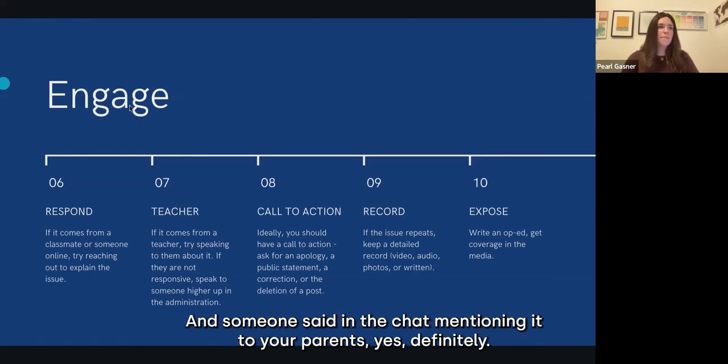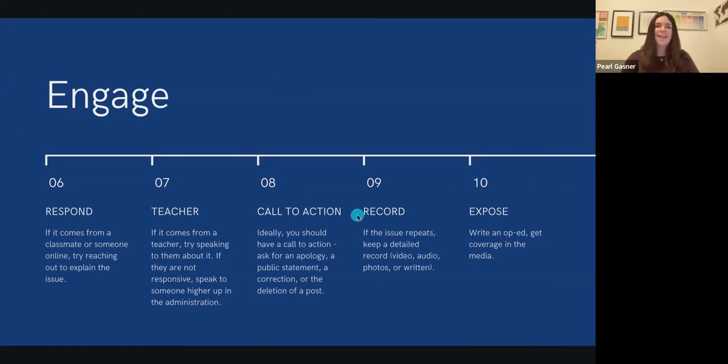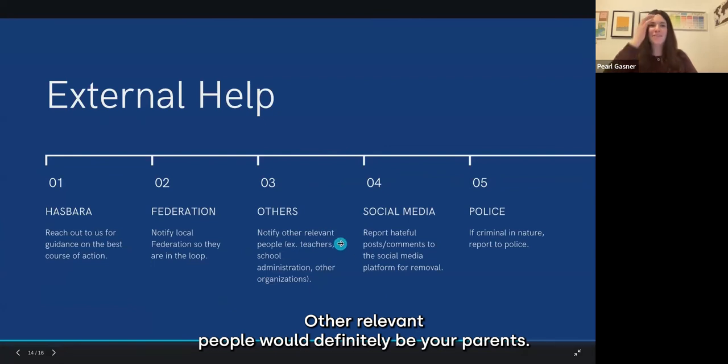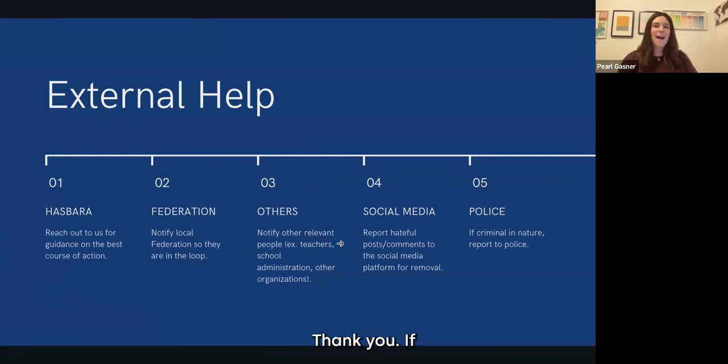And someone said in the chat, mentioning it to your parents. Yes, definitely. That would probably fall under other relevant people would definitely be your parents. Thank you. If something's happening